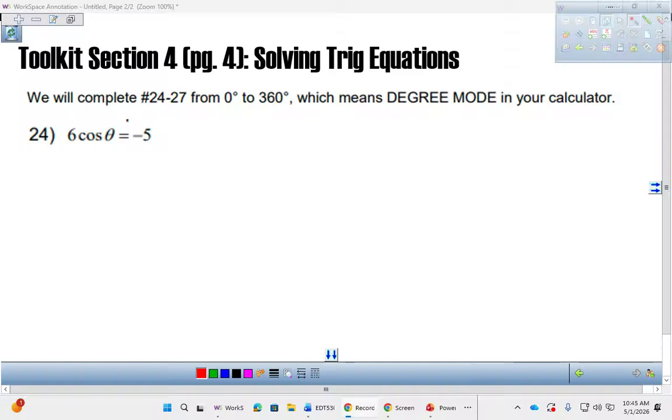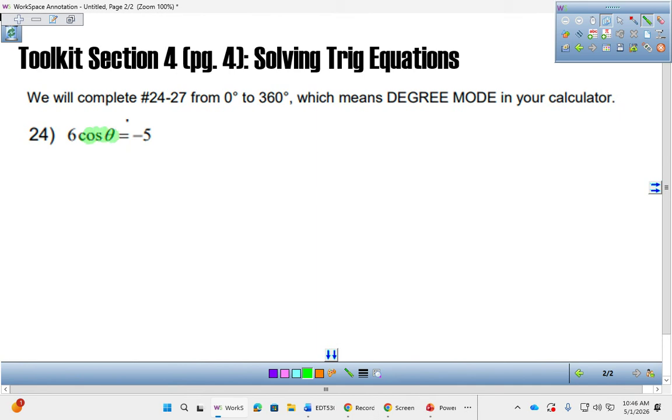Okay, so this is on page 4. It looks super similar to the problems that we were doing in that it gives me a piece of cosine. The problem is cosine's not by itself. So it's like solving a basic equation, like a linear equation. I need to get cosine alone. And so if I want to get cosine alone,